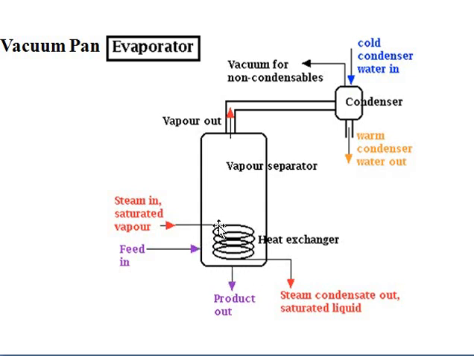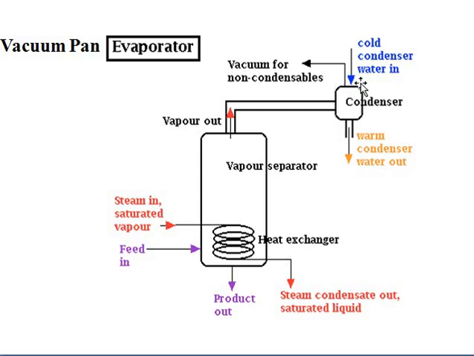Plate heat exchanger we generally use. It will go to the vapor separation unit, a condenser is there, and the finished product will be collected from this section. Particularly this is a similar thing, but the main thing is that this is connected to the vacuum for non-condensables. Clear? So this is connected to the vacuum pump.